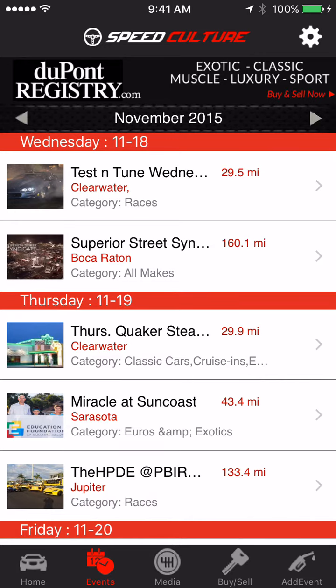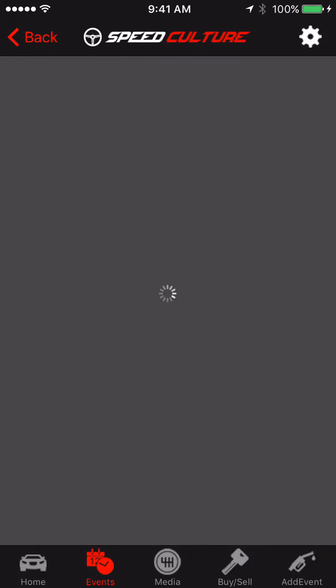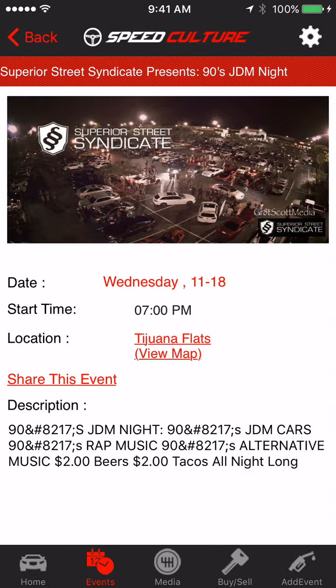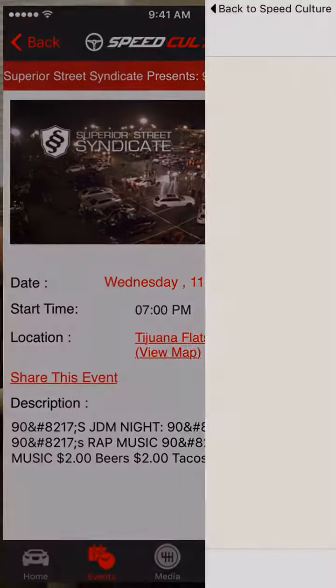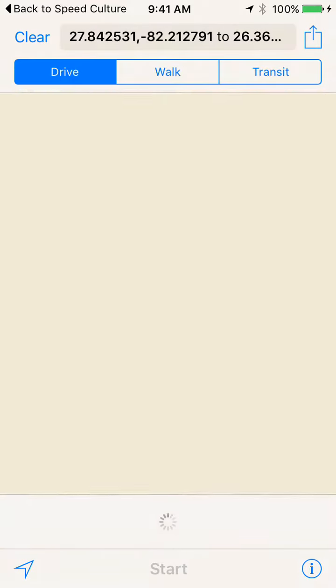You just click on events and it automatically shows you events that are within your location. You can go ahead and click on an event. In this case, I'll just click on this Superior event. It shows you the picture that was uploaded for that event through social media, and it tells you the start time and all the information there. We can actually get directions right to the event by clicking on the link,